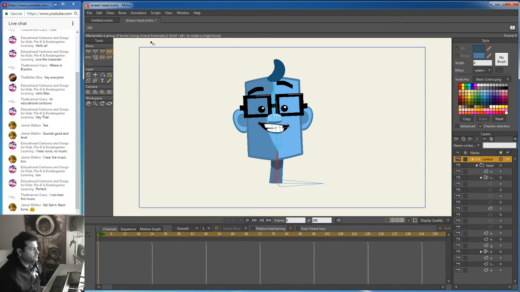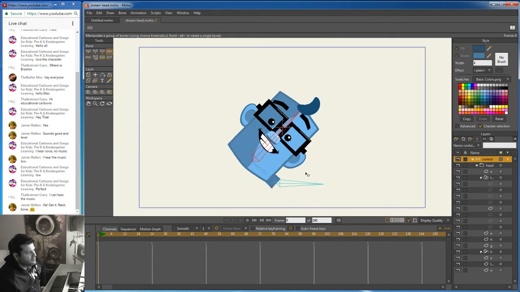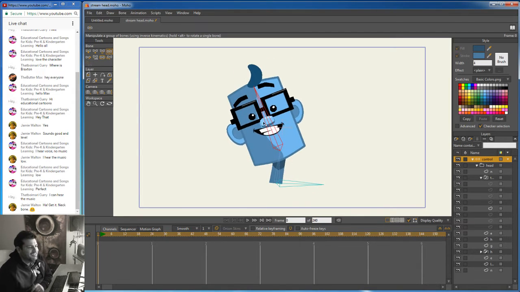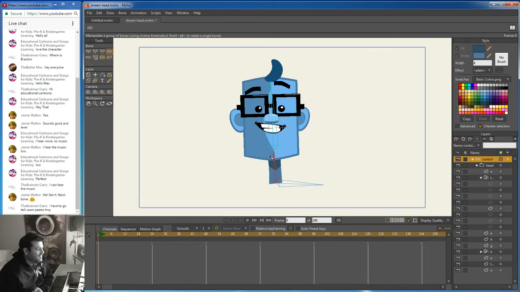Cool. We'll keep going. So what we want to do is add some restraints to these, because obviously, if your neck moves like that, you're in the hospital somewhere. You messed up, right? So we want to make sure his neck actually moves in a way that we can